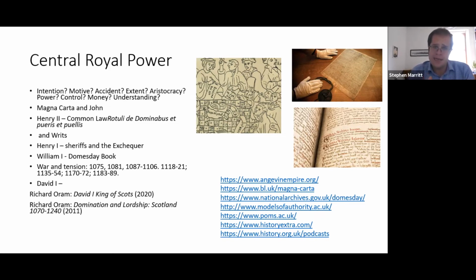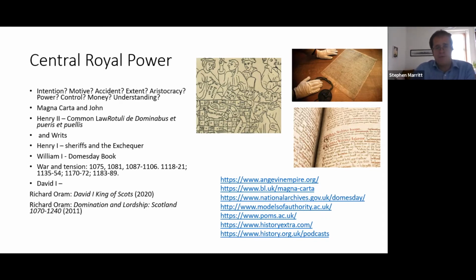So twice a year, the sheriff of each county would go to Winchester, and the checkered tablecloth would be laid out, and the king's men would lay out in coins on their side, in the different blocks on the checkered cloth, what they were expecting the sheriff to bring in from the county. And the sheriff would then have his bags of pennies, and he would lay them out on his side. And if the two sides didn't match, woe betide the sheriff. And William the Conqueror famously, of course, came up with Domesday Book.